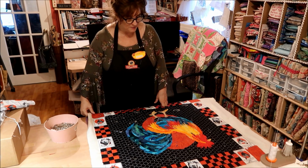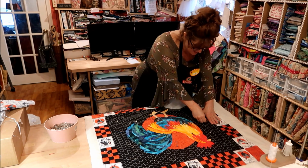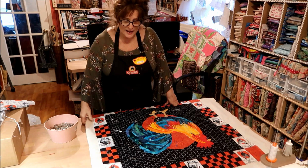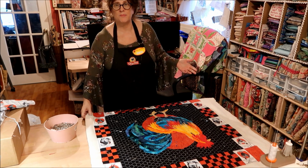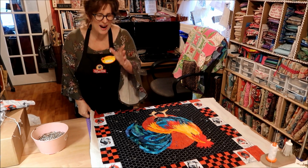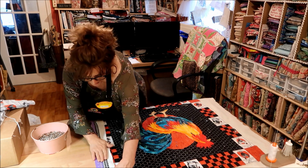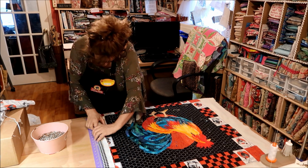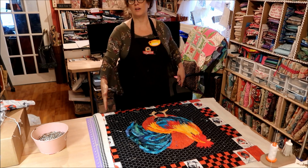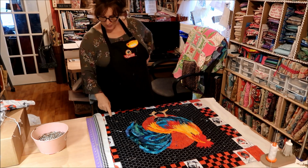Now, the one thing I'm aware of, to a certain extent, as much as I can be, is after I pin baste it, or after I've cut out the piece of gingham, or the piece of plaid, and then the piece of batting. It's a small quilt. I only had a small piece of black and white, and you can see how small it got. What I'm aware of is making sure that when I trim away the batting and secure the sides with my stitch, the pattern is not skewed. Now, I did notice after I was working on this, and you probably noticed it too, that my chicken wire is